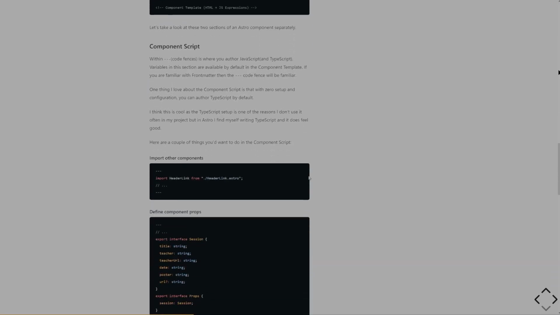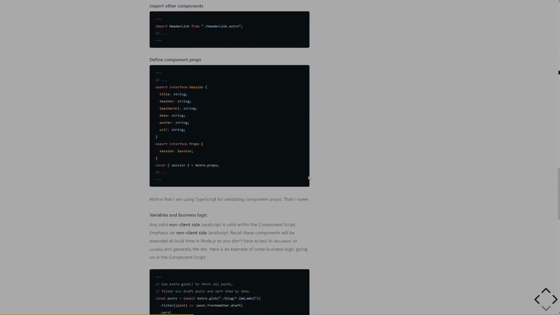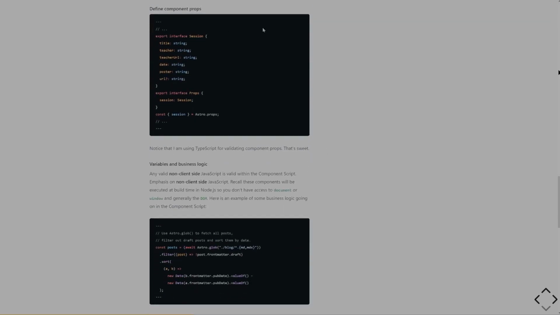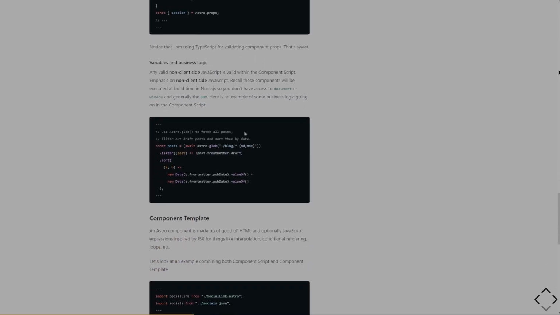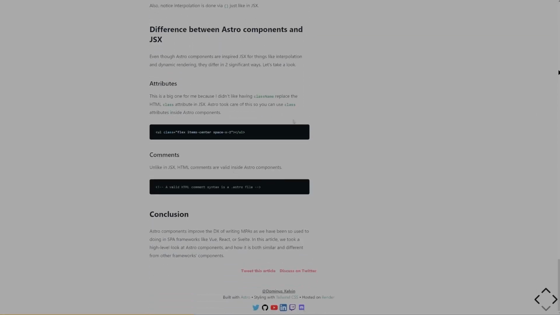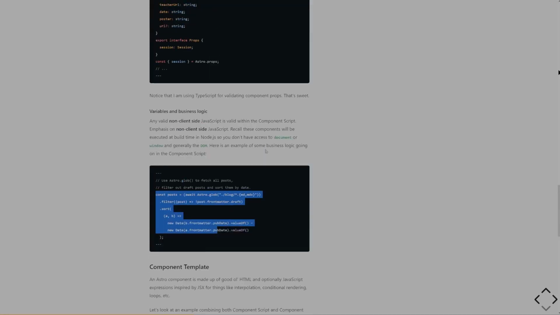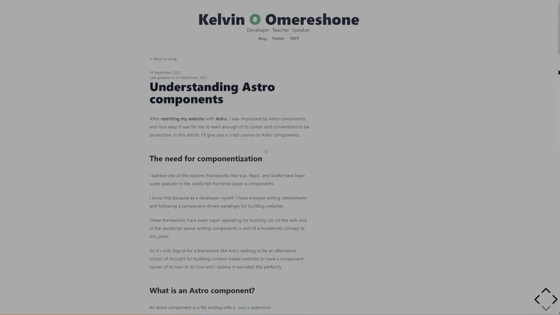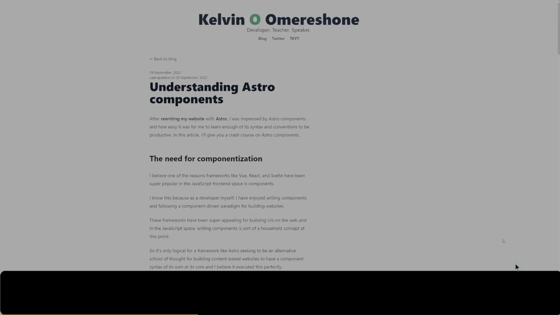And this is just a really good insight into Astro components and their makeup, how to define component props using TypeScript. For those who are not really great with TypeScript, understanding that within the front matter is where the business logic goes, right? Or the server-side scope. He's got a great way of explaining things, and I highly recommend checking out this article, right? By all means, it is a fantastic little blog, and a lot of these blogs, guys, you can follow,